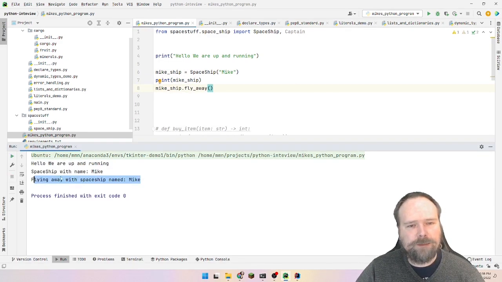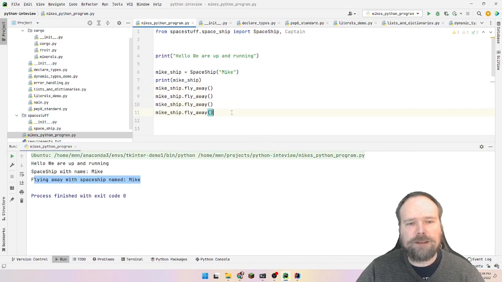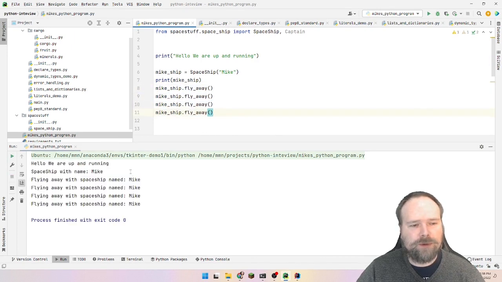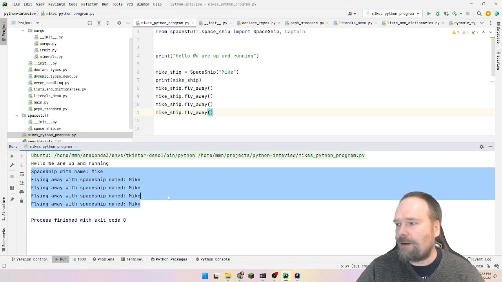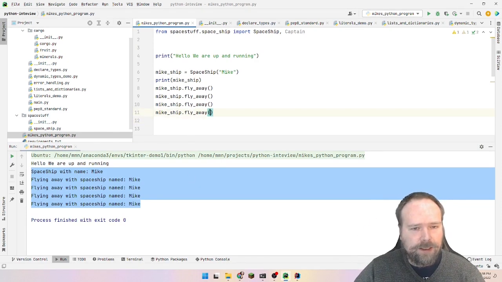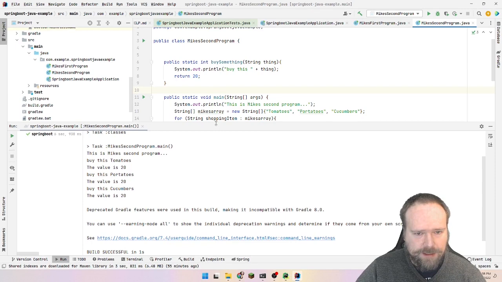Flying away with spaceship named Mike. The cool thing about functions is that you can actually reuse them a lot of times. It gives reusable code, as you can see right here. Now I'm flying away a lot of times. So that's pretty awesome. Now let us do almost the same in Java and see how we do that, because